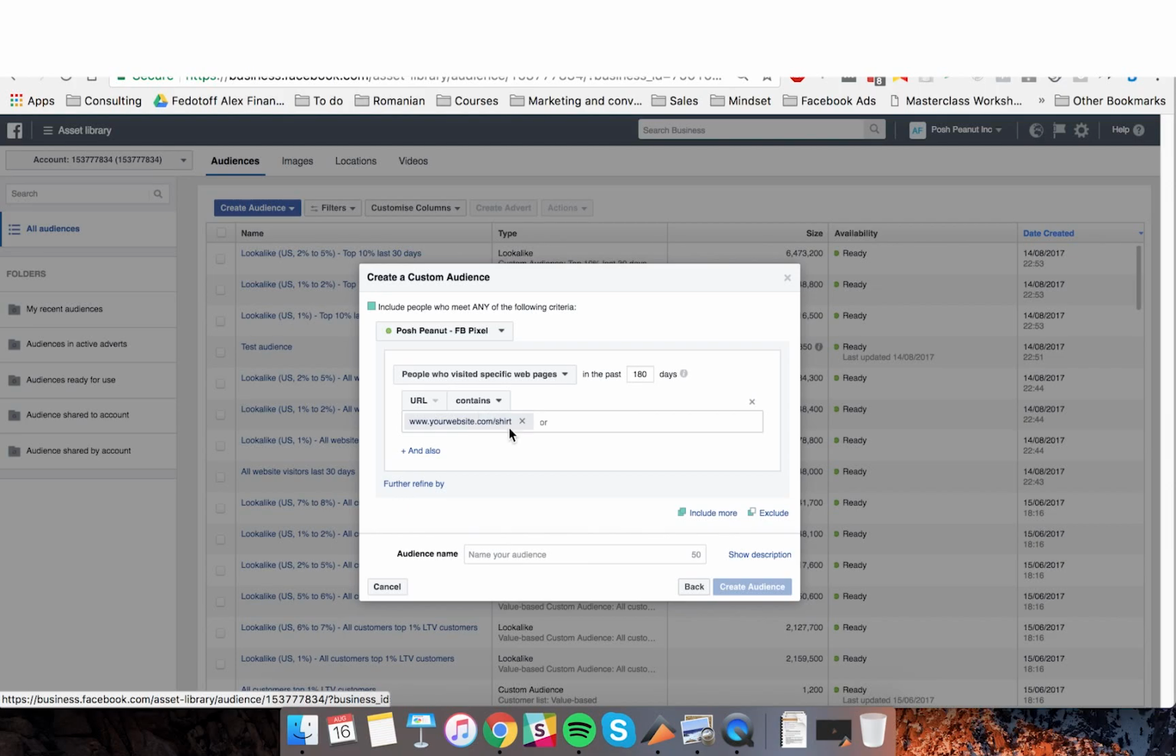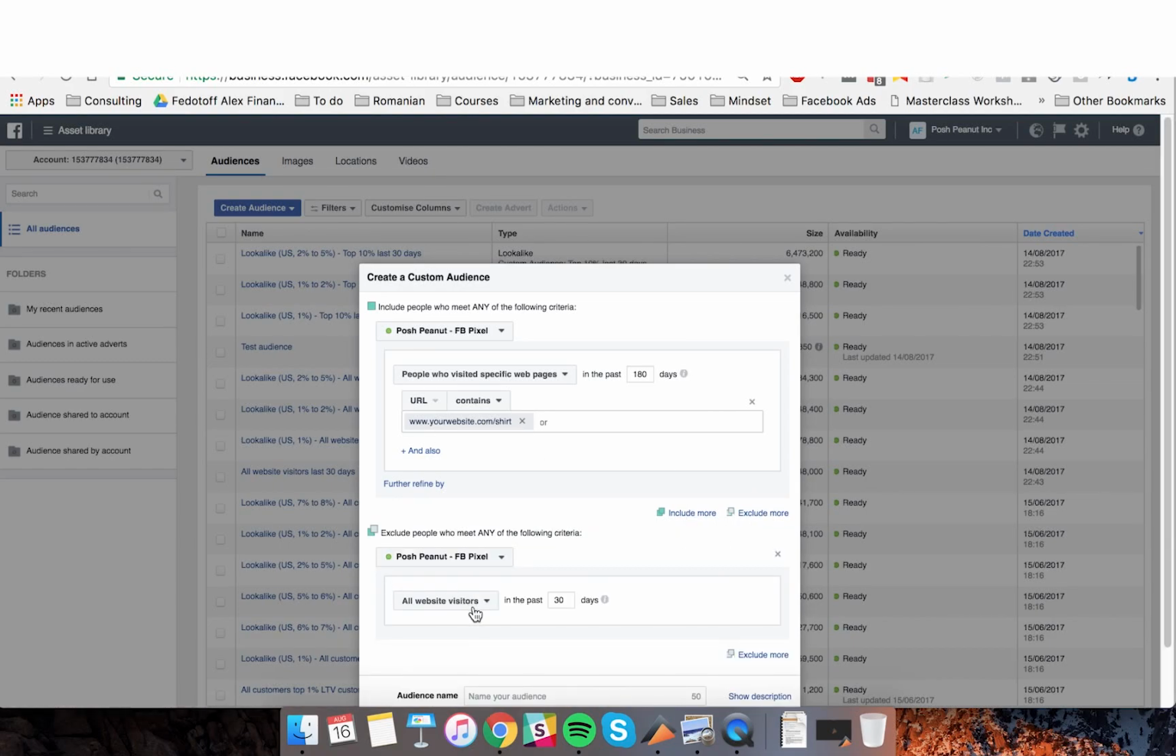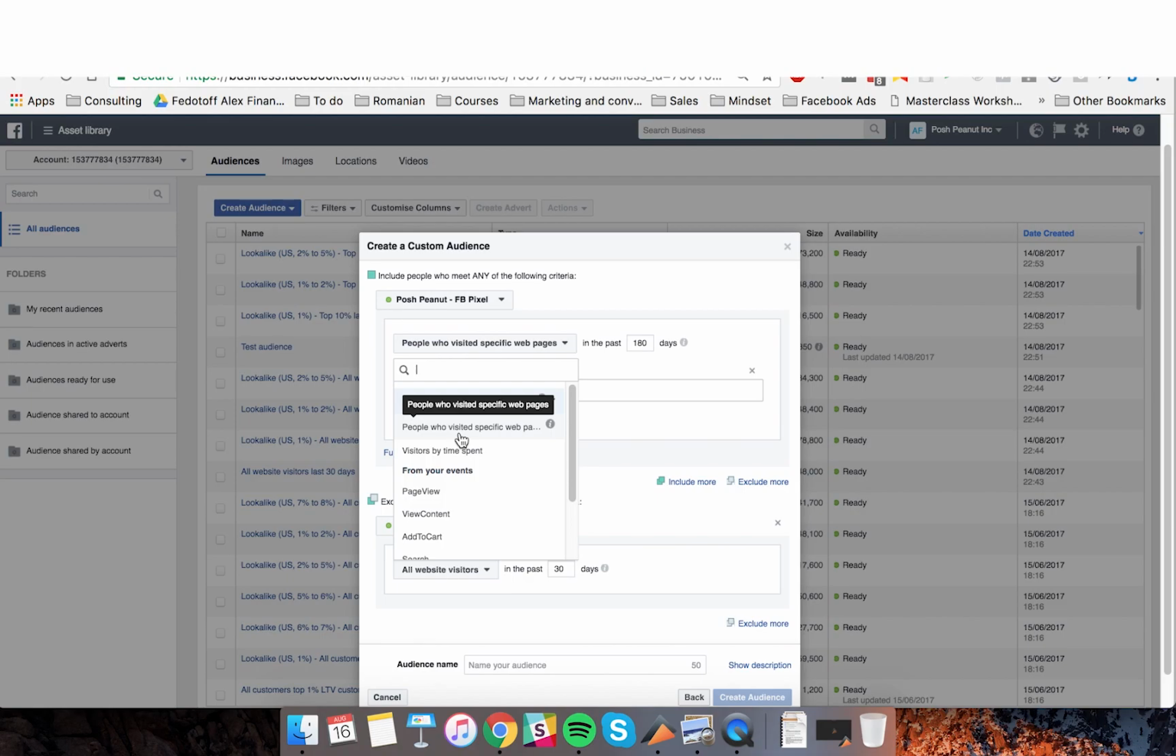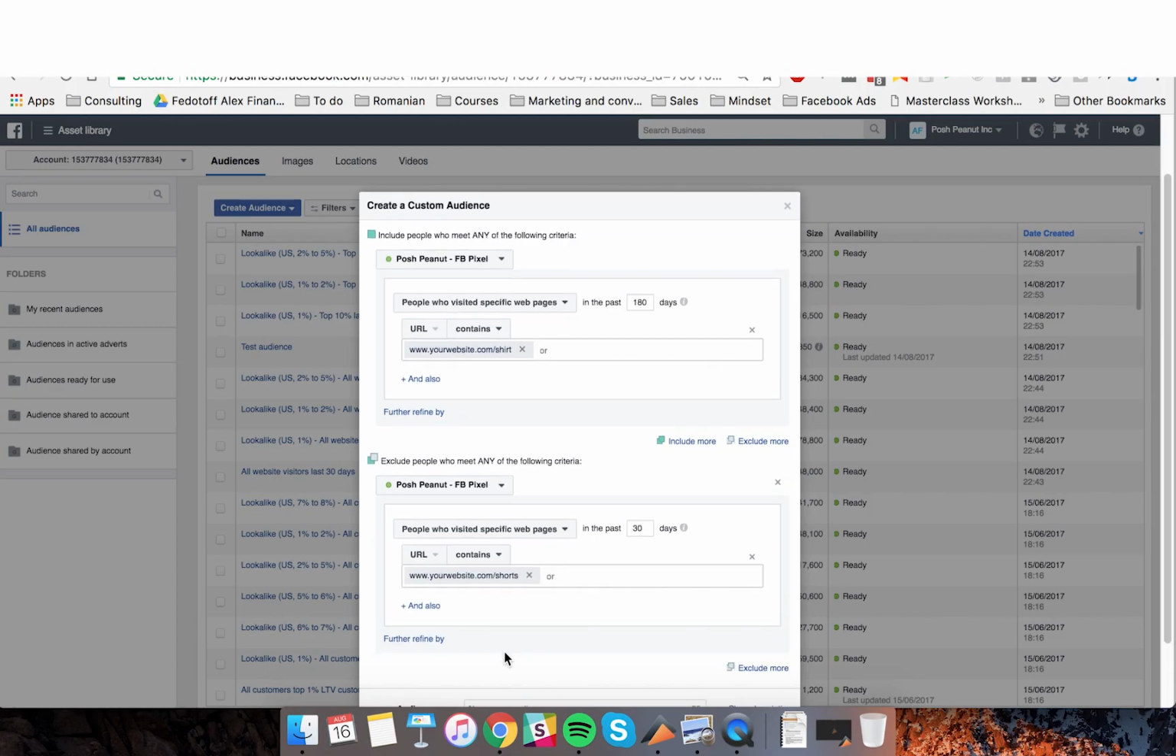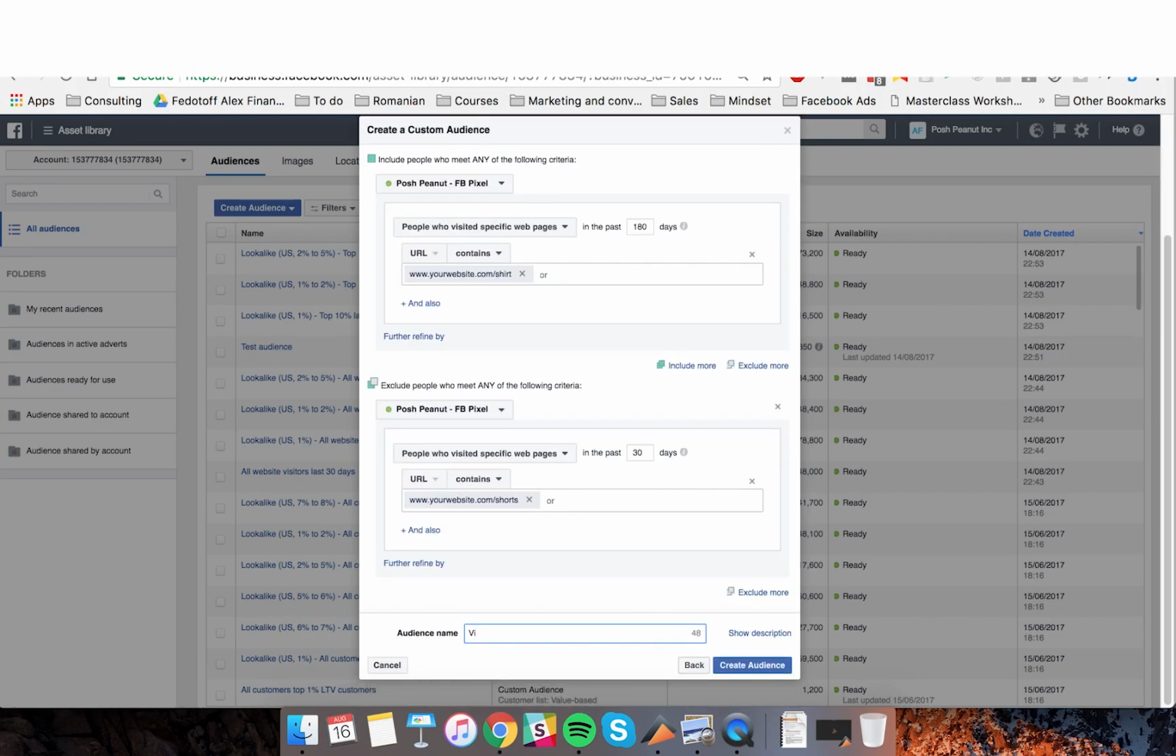So for example, URL contains your website.com/shirt. Anyone who visited this page, you can create audiences of those people, so you can have separate messaging to reach those people who have visited your website. For example, they have visited this page, but they haven't visited another page on your website,